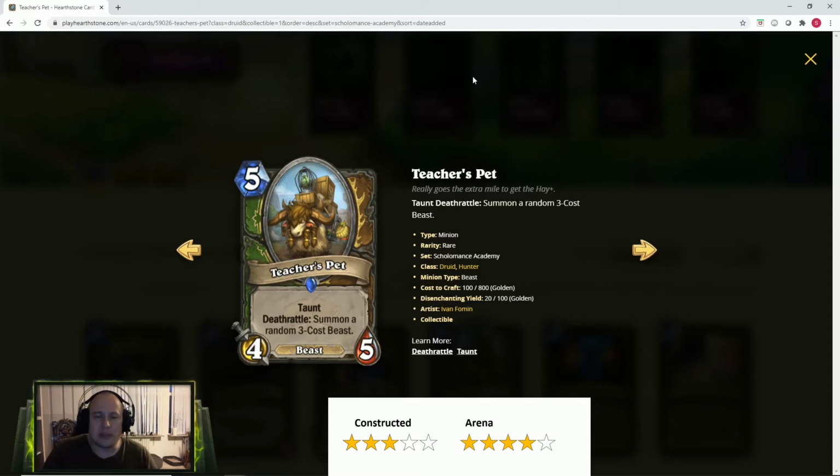Next one is a dual class card between Druid and Hunter. It's called Teacher's Pet, and it's 5 mana, 4/5 with Taunt, and Deathrattle: summon a random 3-cost beast. I looked through the beast pool, and it's not really all that great. There's some